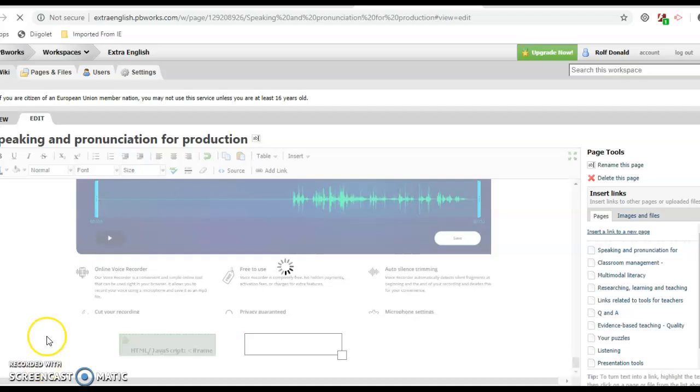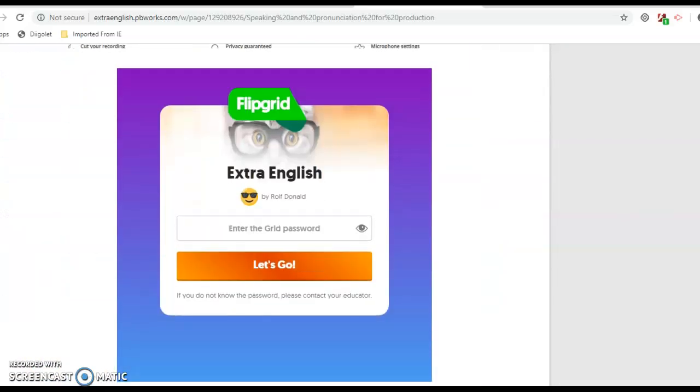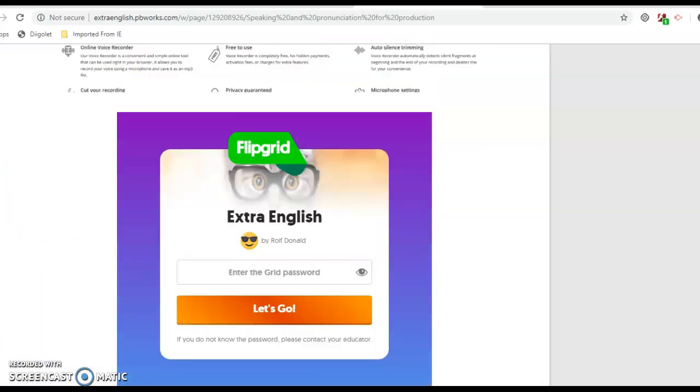Let's save it now. Let's go down the page again. Okay, and that's better. Now you see my grid has a password, so students have to enter the grid password,